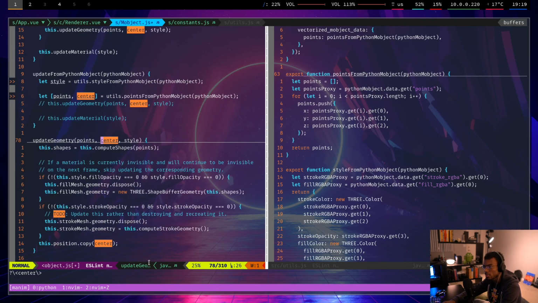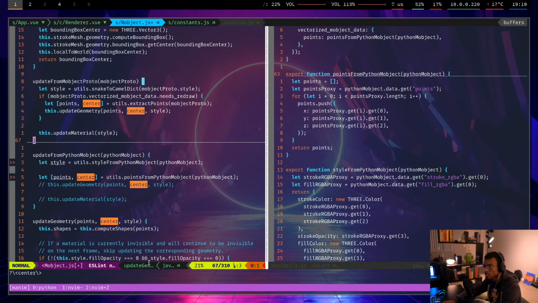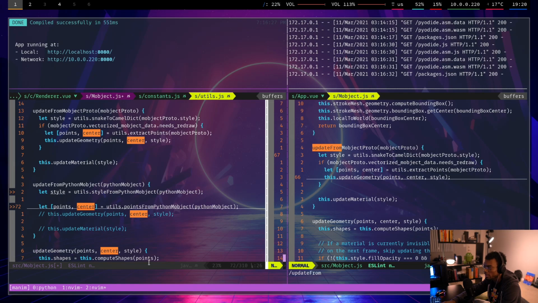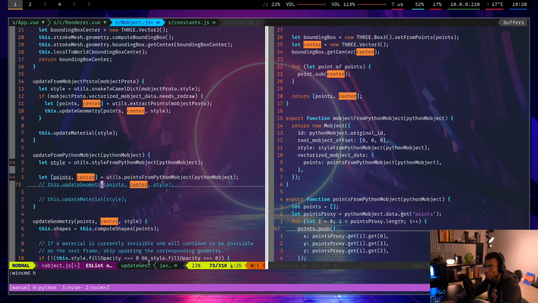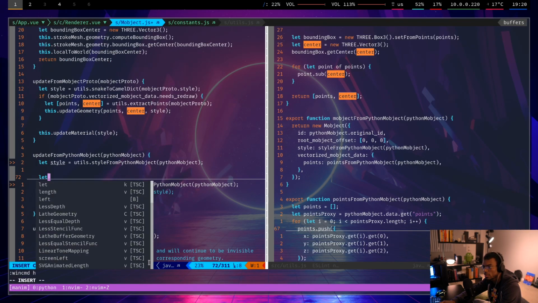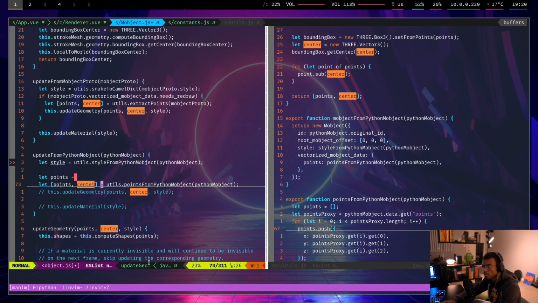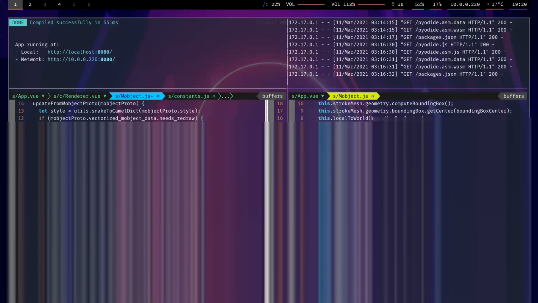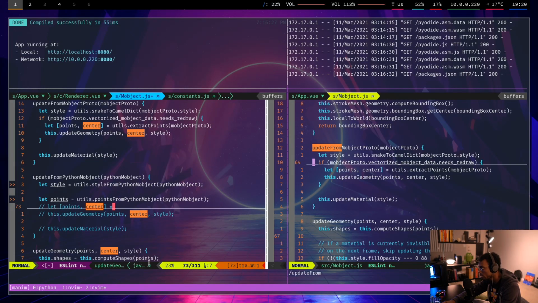Oh, okay. I guess that sort of makes sense. Which means I have to compute the center here. Or rather, oh man, I did that again. What I'll do instead, let's just say let points be this. And then the center will just be the average of those points. Here,